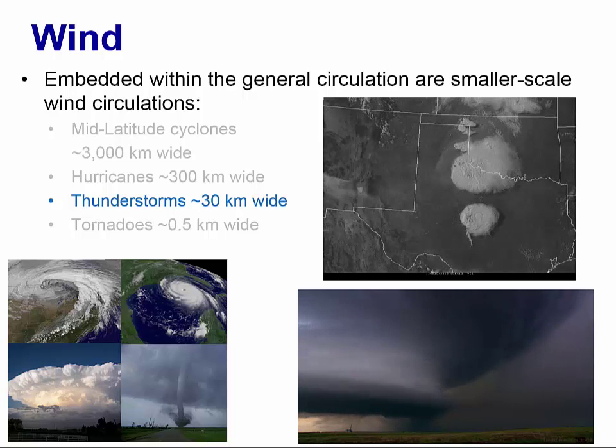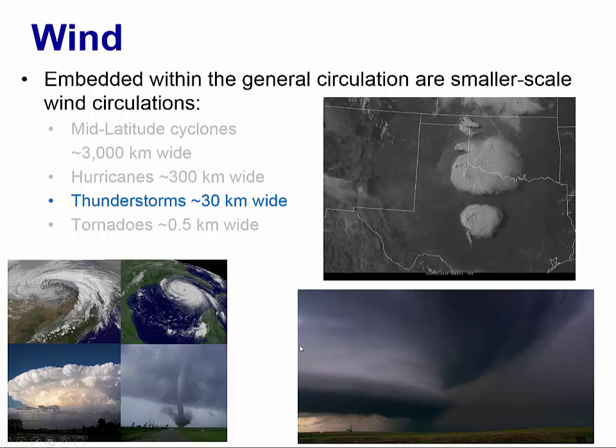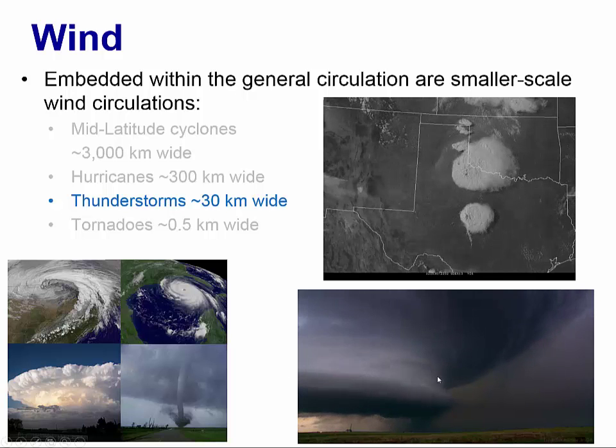The animation in the lower right-hand portion of your screen shows a severe thunderstorm that we call a supercell. Notice that there's evidence of rotation throughout the entire storm. The lowest portion of this rotating cloud is called the low-level mesocyclone. This is only on the order of 1 to 2 kilometers wide, but within that, we can spawn tornadoes, which